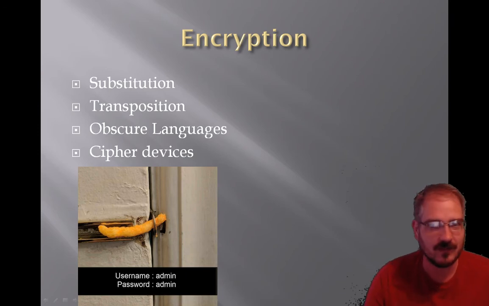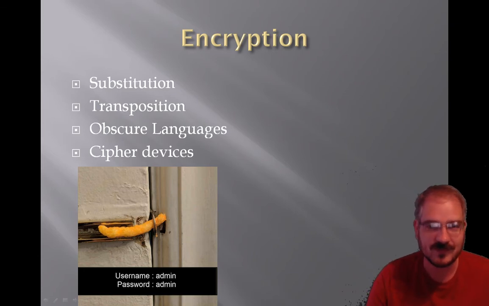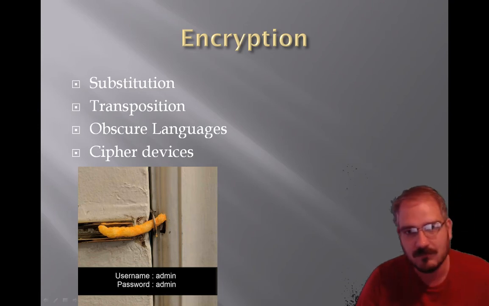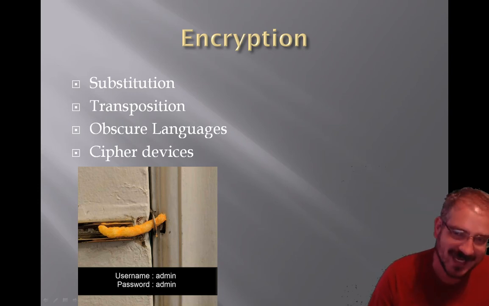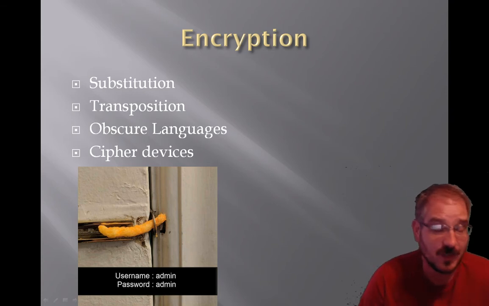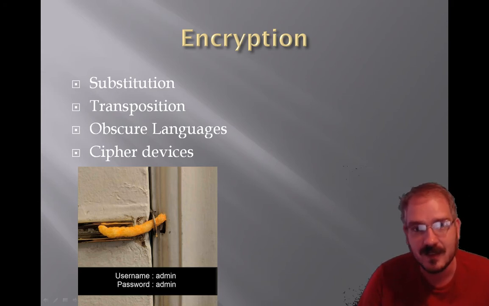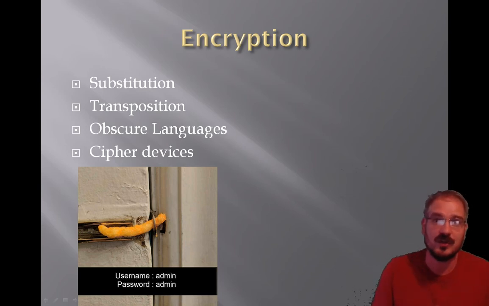And then every Marine unit had at least one Navajo code talker that would go with the Marines. And then if the lieutenant of the Marines said, hey, we need to tell the ship this, this, and this, the person who was with him would translate that into Navajo, send it over the radio to the code talker back on the ship, who would retranslate it back into English and send it on to where it went. That meant that the Japanese could capture all the radio communications they wanted, but since Navajo was such an obscure language, the Japanese couldn't find anybody to translate it back into Japanese. So it was an effective way to encrypt the communications during World War II.